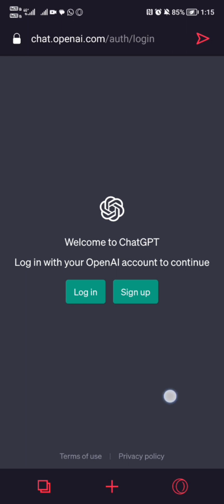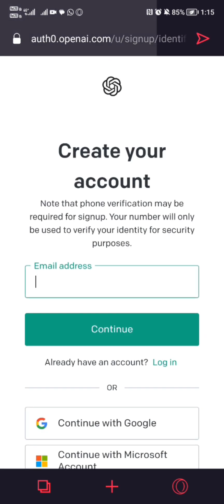So currently ChatGPT doesn't have an Android mobile app. So you're going to go ahead and open up ChatGPT on your browser just by typing in ChatGPT and you'll be opened up on this page. So we're going to go ahead and click sign up,